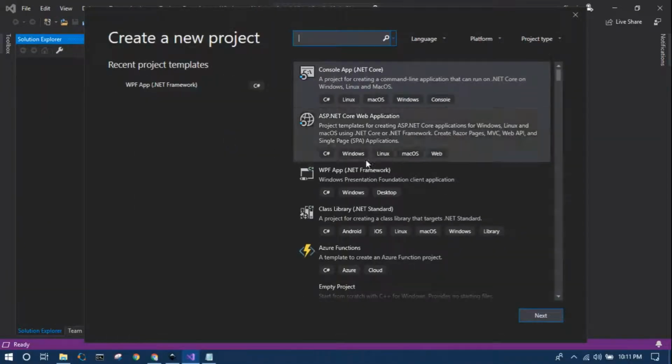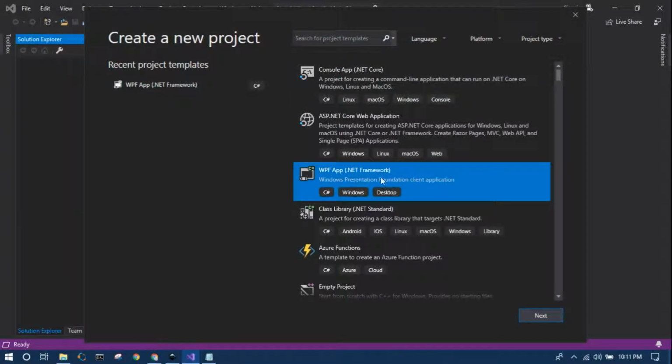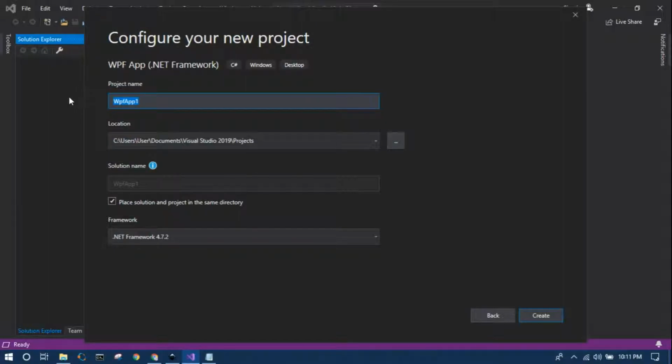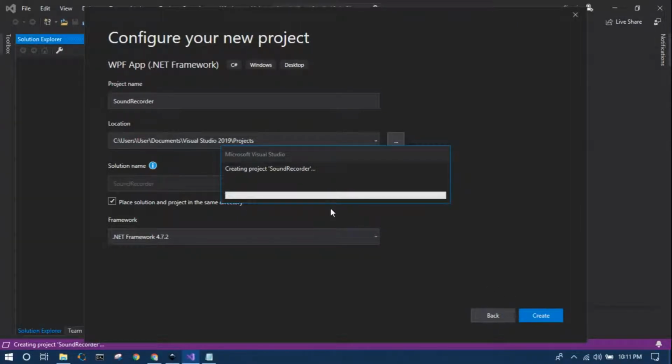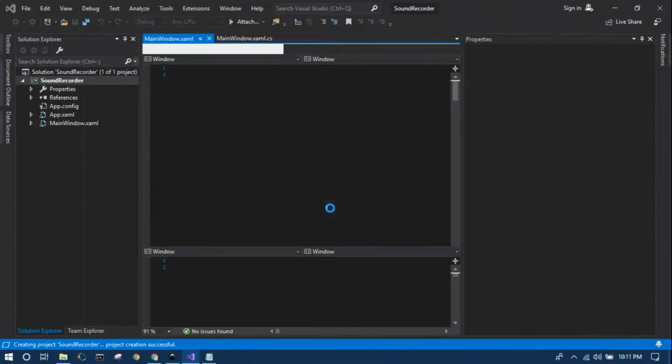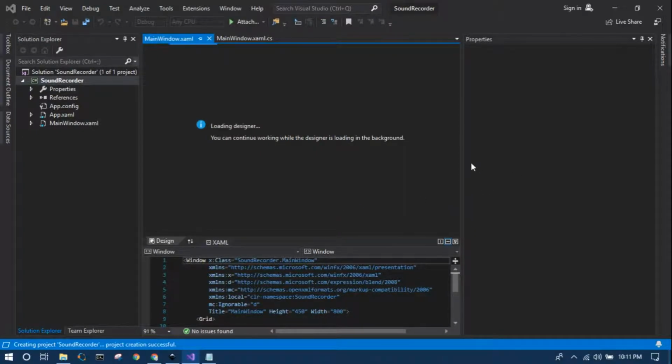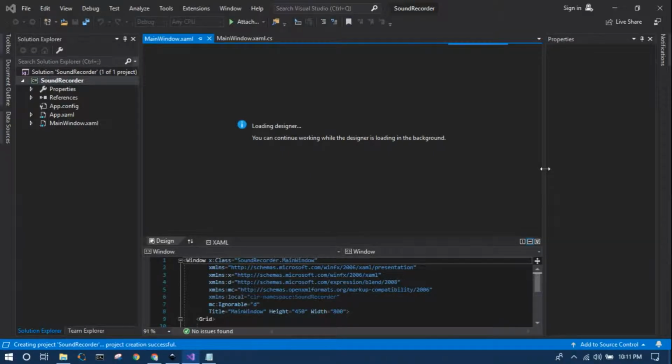New project, and selecting WPF. I'm going to name it Sound Recorder just for the current scenario. Give whatever location you want, and we are going to create it. So once it is created,